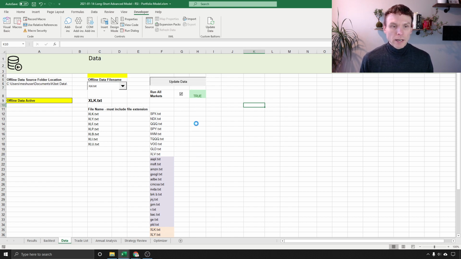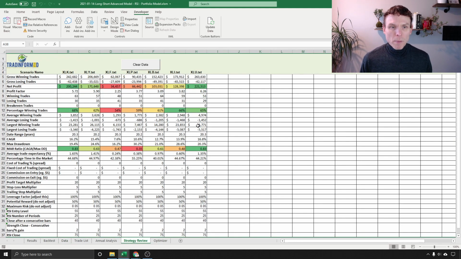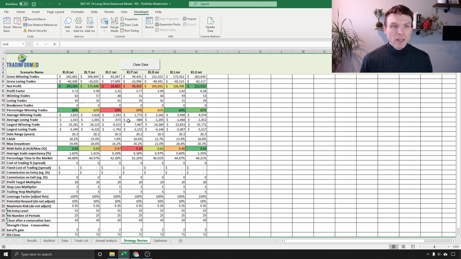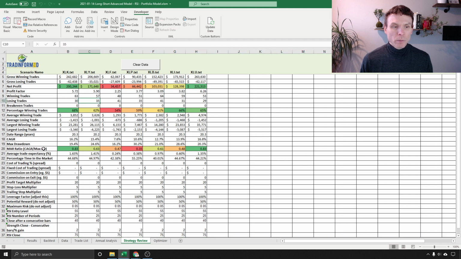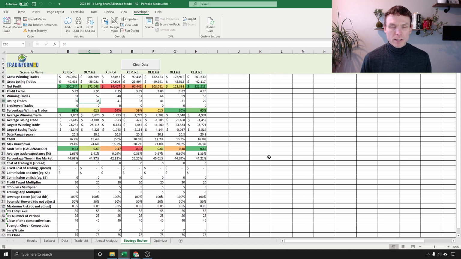And I'm going to click this button. Now, it doesn't take very long to update, but I am going to speed up the video. Once the backtest has completed, I have a readout here showing me all of the results at the top and all of the settings. Now, all of the settings are exactly the same because I'm testing the same thing on each different ETF. So XLK, XLY, etc. I'm only testing 7 here for the purposes of this video,